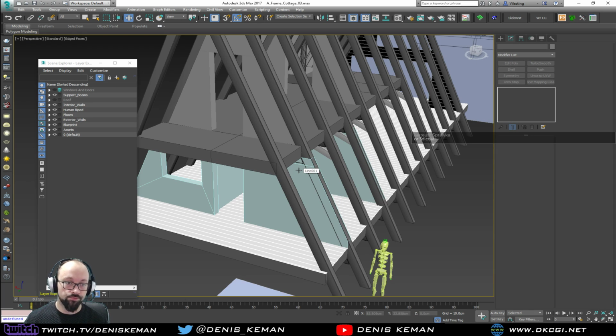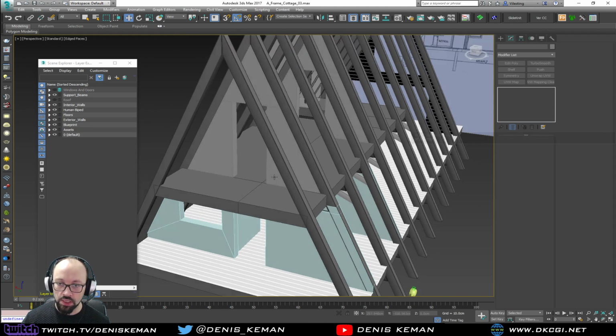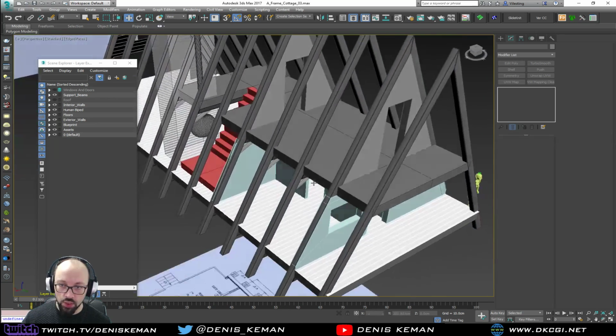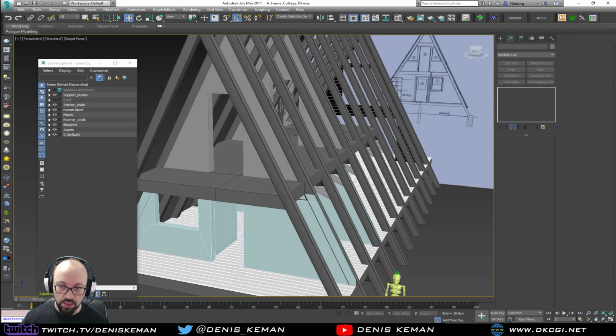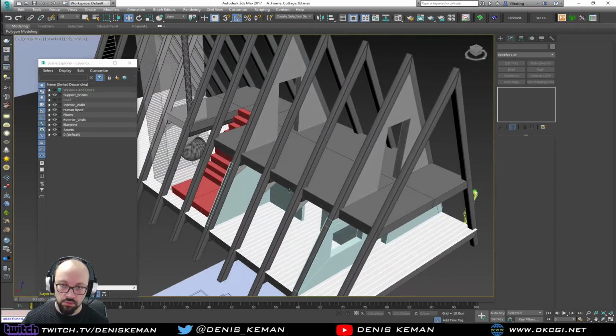Yeah, 3D Coat. 3D Coat is another great choice, especially if you want to spend a bit more time to learn it. One of the things that I do like about 3D Coat is that it has a better poly paint option than ZBrush. ZBrush kind of sucks at poly painting. So yeah,